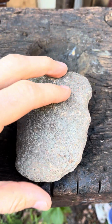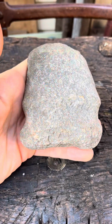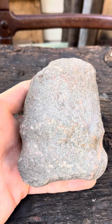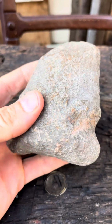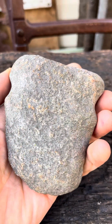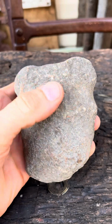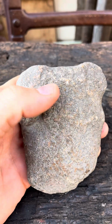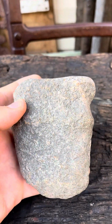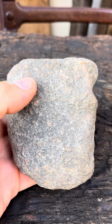This is a closer look at an ancient Native American stone axe head from Tippecanoe County, Indiana. I found this out in the wilds of eBay one night, out hunting for a stone axe head. I'm building a collection of stone axe heads for a few reasons, but this one's from Tippecanoe County, and I